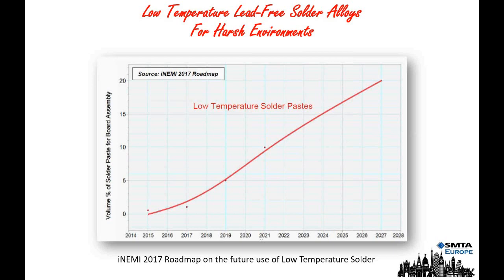And certainly the first time I was involved in low temperature was when we went to Japan with a SMART Group and discussed the use of low temperature materials as an option to SAC alloys. And of course, people highlighted the well-known fact that the material tends to be more brittle, so for certain applications it's not ideal. From a printing and reflow technology point of view, I don't see too many challenges there.